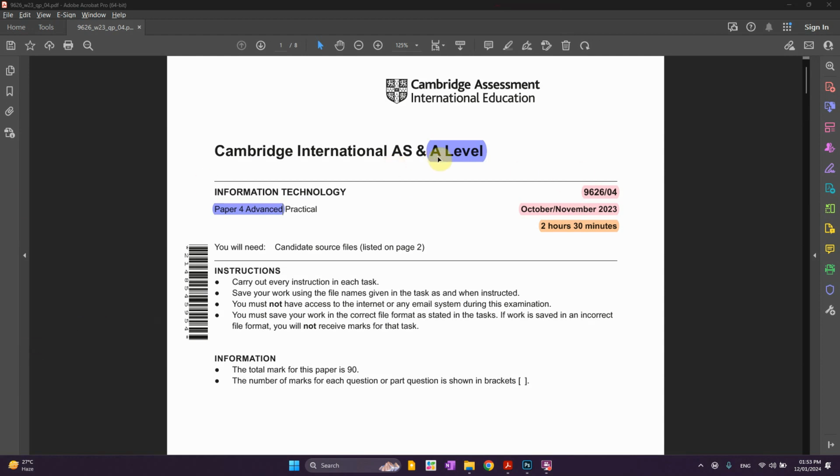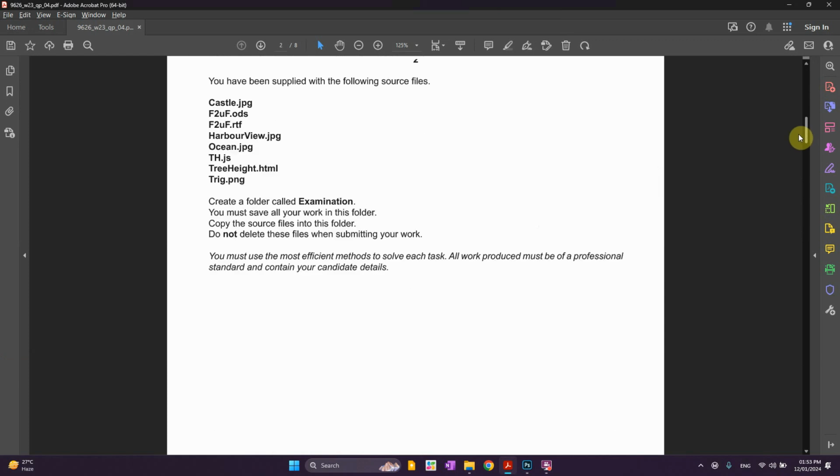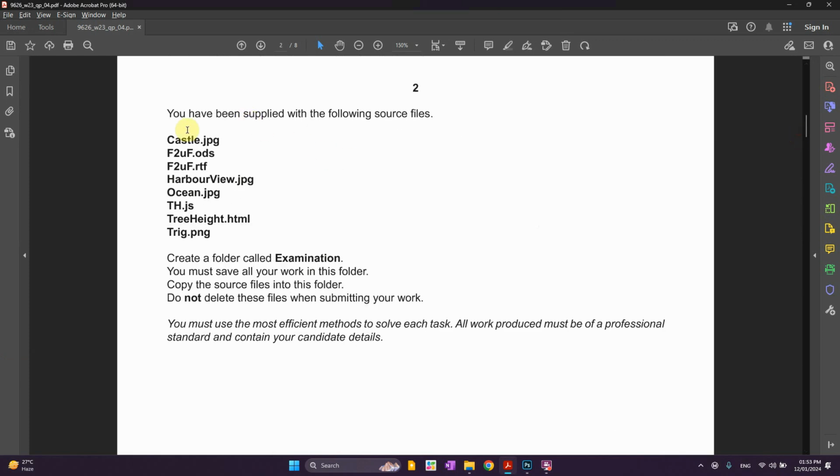We will be doing A2 level paper 4, which is an advanced practical paper for 9626 October, November 2023. The time given during the exam is usually 2 hours and 30 minutes. In the beginning, you will be supplied with these files and you need to create a folder